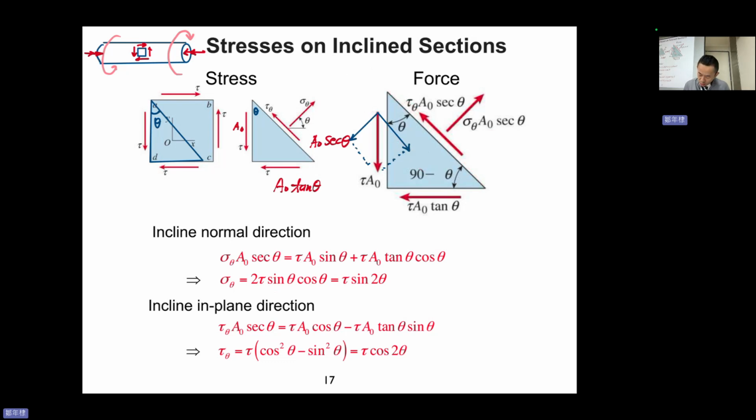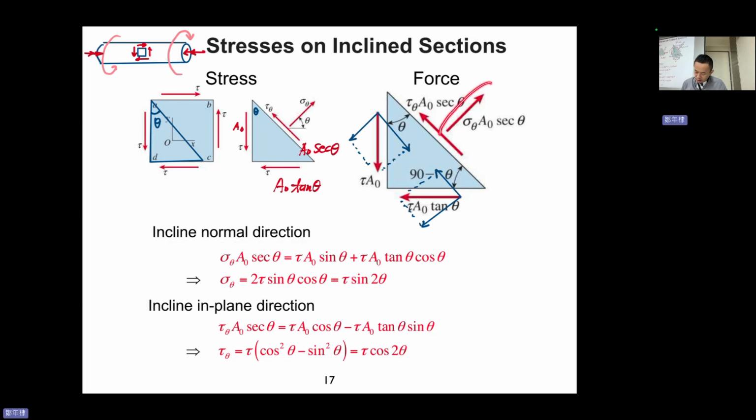Okay, sorry, I need to move around for this. All right, and then you know how to do that. We decompose tau A0 tangent theta into two components. Okay, so you know how to balance the components together. So